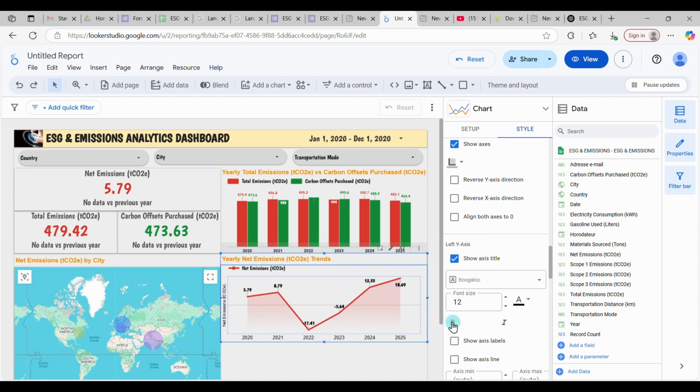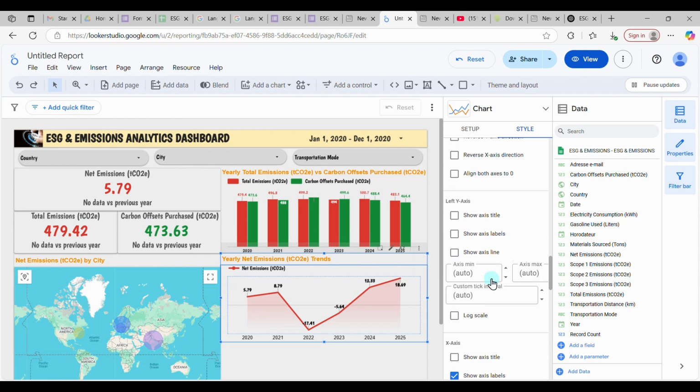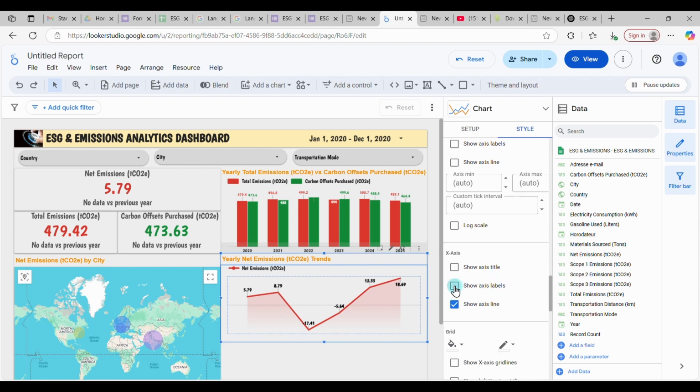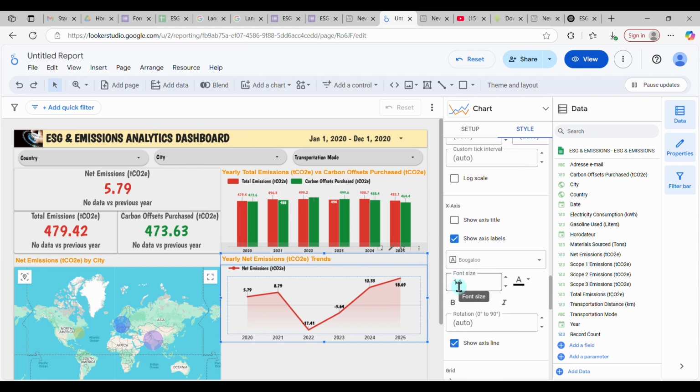Right, maybe let's untick this axis, right? Now show axis, let's bold this, and then